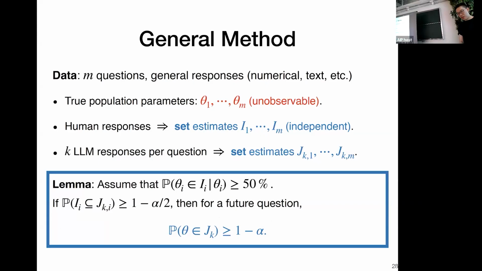Ideally, you want the synthetic interval J to cover the quantity in red, this true parameter, but you cannot see it. You cannot directly check the coverage over that. So you resort to the proxy. The proxy here is the real set estimates constructed from the real samples. So if your synthetic set can cover the real set sufficiently often, then your synthetic set can cover the true parameter also very frequently.